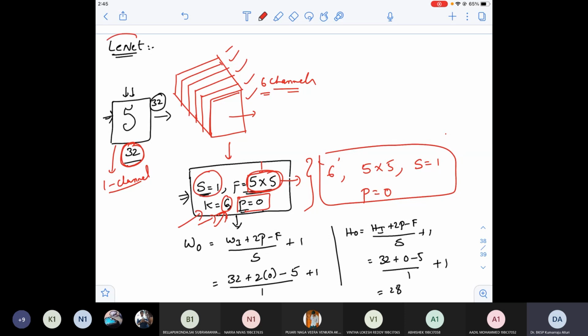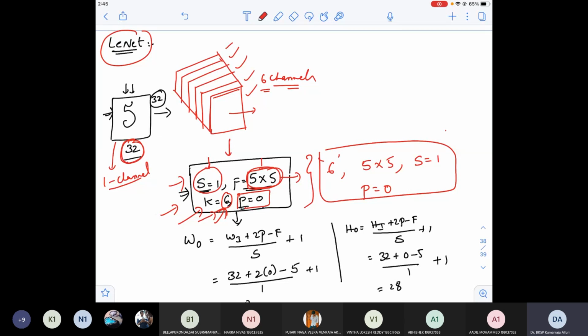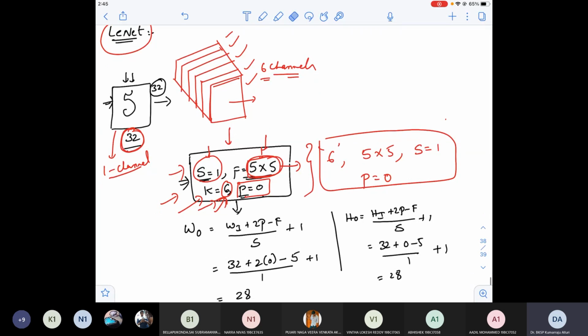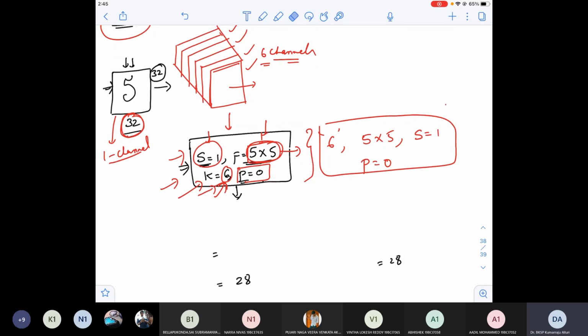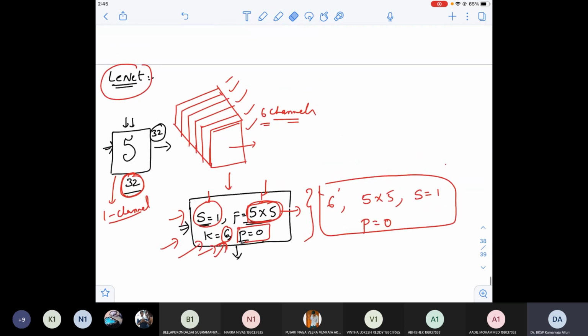This is a standard architecture, LeNet. They have tried n number of possible combinations, with different strides, filter sizes 6 by 6, 7 by 7, 8 by 8, 9 by 9, 10 by 10, 11 by 11, number of filters 6, 7, 8, 9, 10, padding 1, 2, 3. Like that, they have tried a huge number of combinations, and they found out that this particular configuration with stride equal to 1, filter 5 by 5, k equal to 6 and padding equal to 0, gave the best accuracy or the least error when they ran it for this image recognition task.